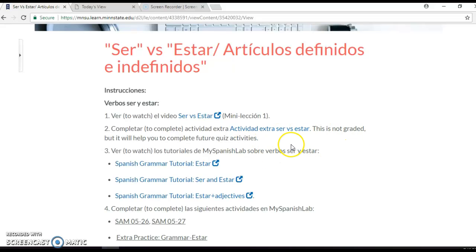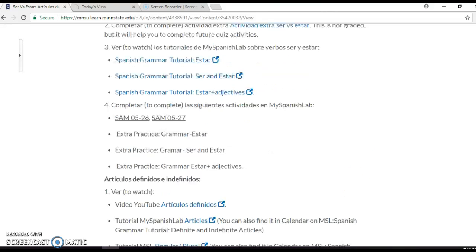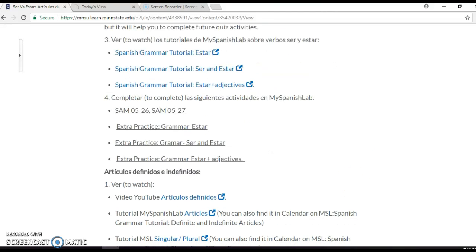This is not graded, but it is good that you complete it in order to complete your quiz that you will have at the end of this week. So you will also have here some tutorial videos that you will find on My Spanish Lab, and some activities. Because this is the first week, you will have until Sunday, September 2nd to complete these activities,